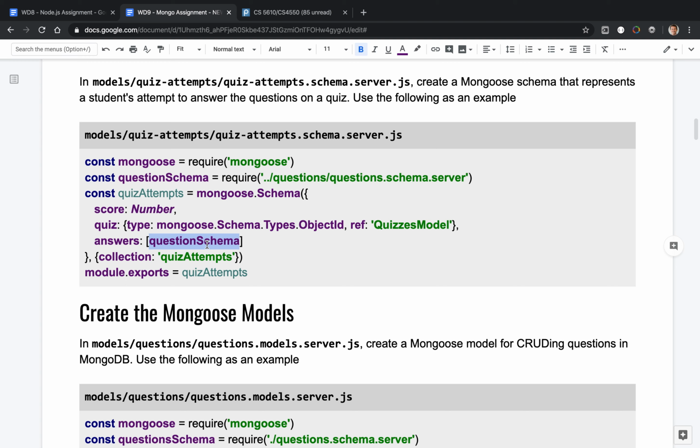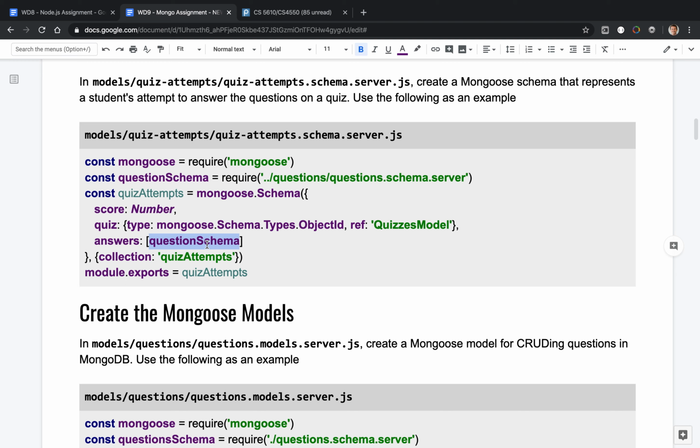So that if you want to review the quiz attempt later on, you want to see what the answers were for this particular attempt, we can show you and we can render in the user interface: these were the options, and this is what you answered specifically. And notice that we're keeping a copy of it, so that even if the question later on changes, because somebody found a misspelling, or maybe I want to change the options later on,